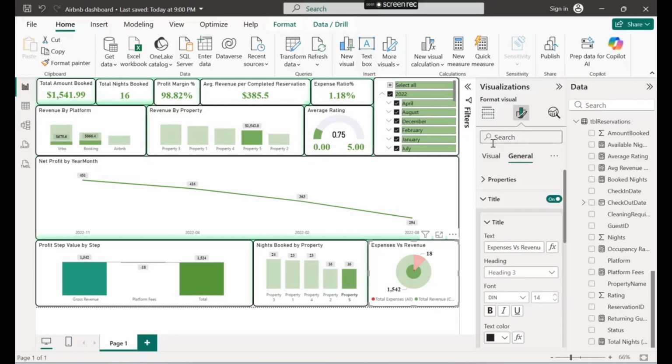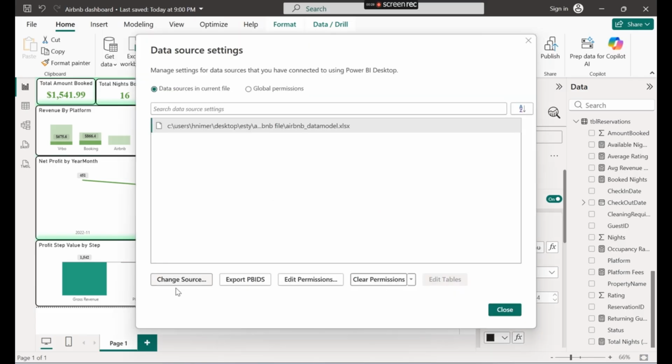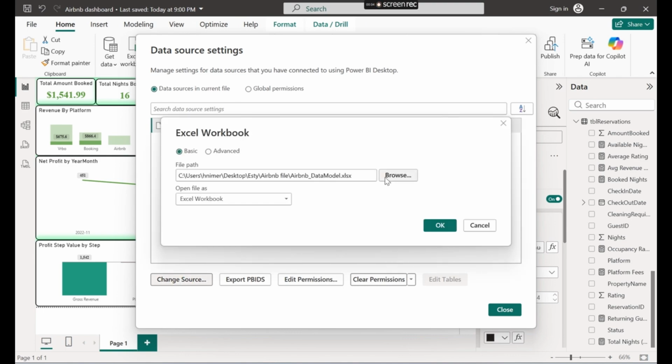Guys, once you have downloaded the Excel file and the Power BI file, the first thing that you need to do is to connect this dashboard to the Excel template. So open up the Power BI file, then go to Home, then Transform Data, then Data Source Settings, then click on Change Source,